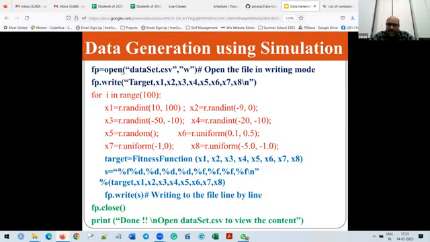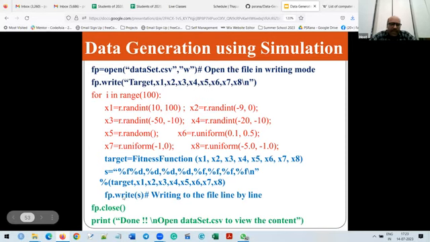So class, what I did, I just opened the file in writing mode. I just wrote the headers in the file. The very first column is my target, then several input parameters x1 to x8. एक लूप रन किया मैंने, and then जितने भी parameters हैं सबका lower bound upper bound में एक number निकाला. I call the fitness function. अब जो value मुझे return करके देगा उसको I stored in a target variable. Then I convert all the values to a string, और वो string को मैंने एक file में लिख लिया.